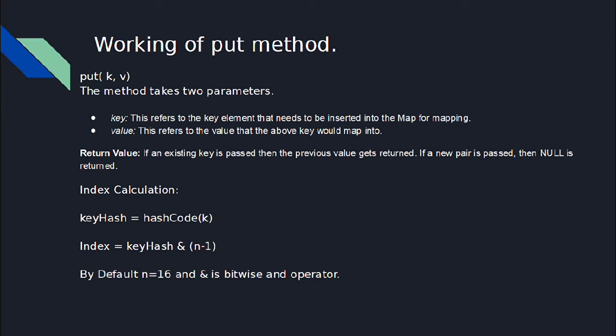What does this put method return? If we are passing a fresh key, in that case our put method would return null. If we are passing an existing key which is already part of that map, in that case the put method would override the value corresponding to that key with the value we have provided, and would return the earlier value which was associated with that key inside the map. So it would return null in case of a new key, and the value which was earlier associated with that key if the key is repeated.